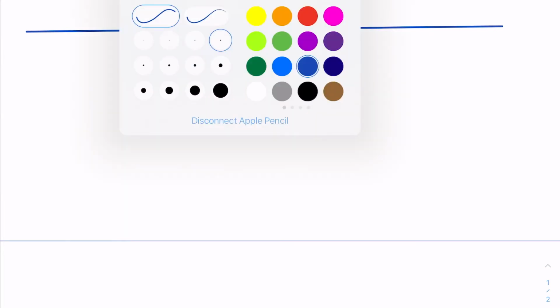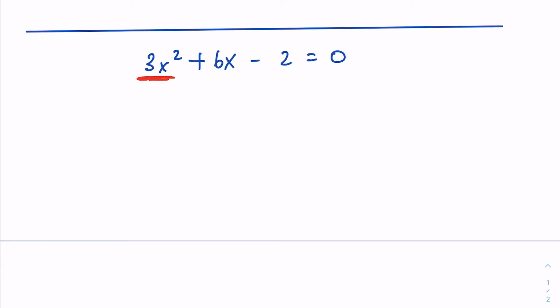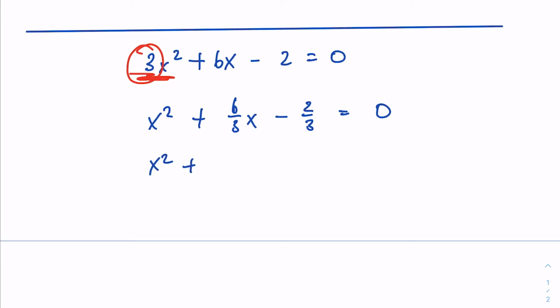So we want this x squared term to have no coefficient, so we can divide the entire equation by 3. And definitely 0 divided by 3 is 0. So if I simplify this,